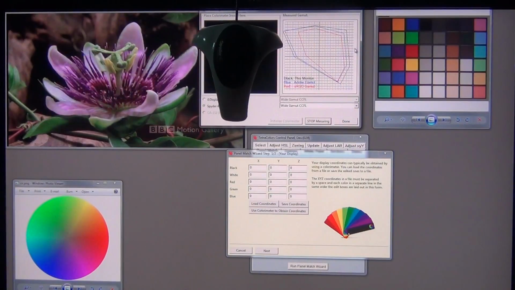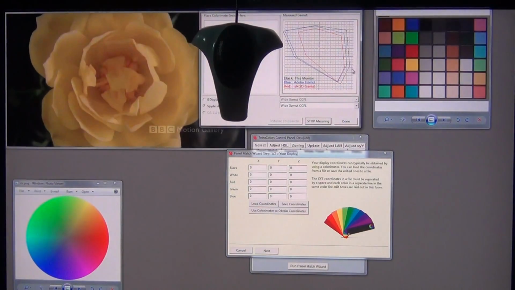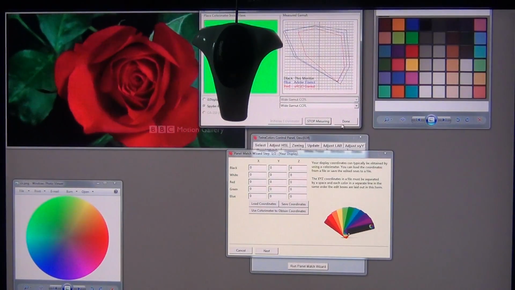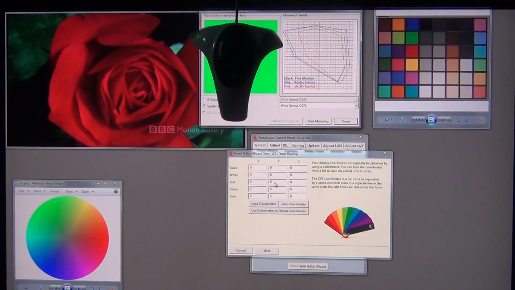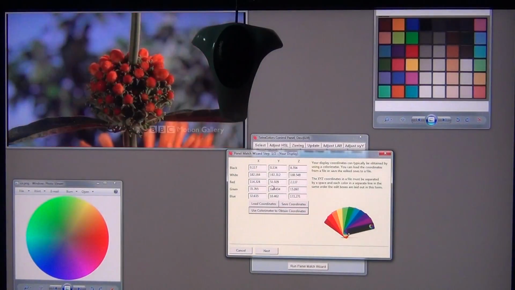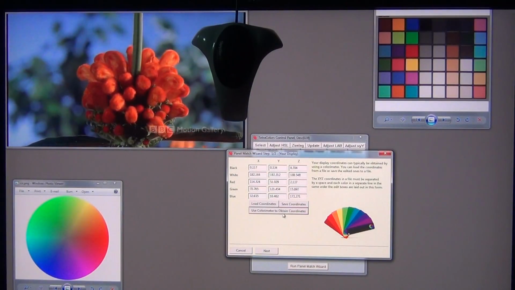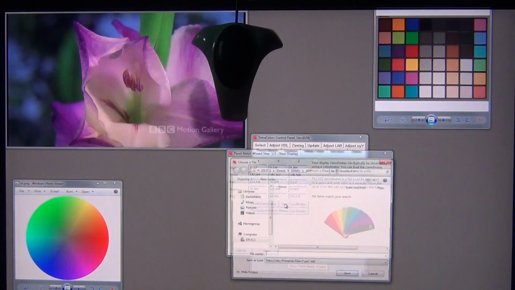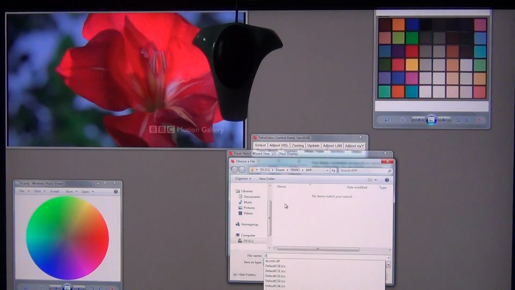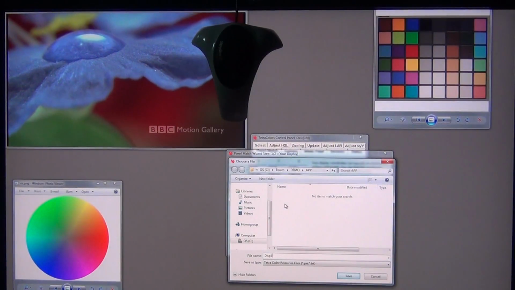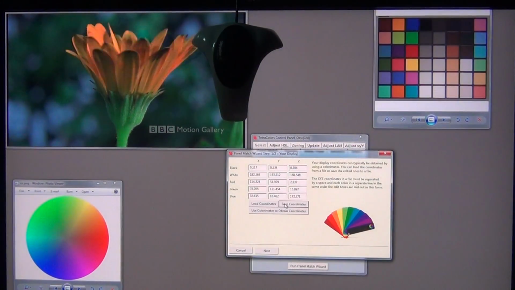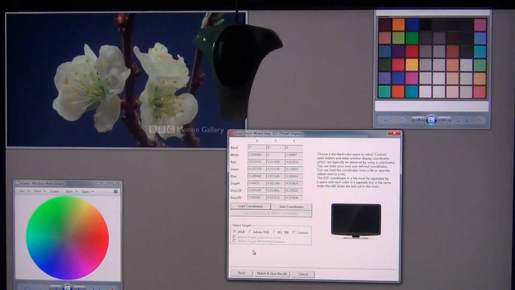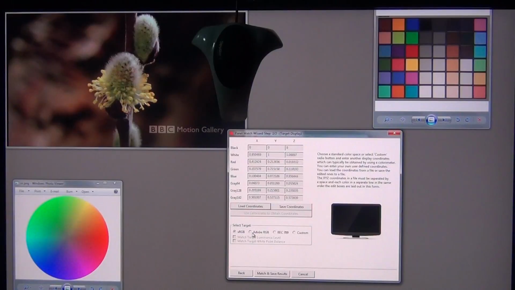As you can see here, this display gamut is wider than sRGB and Adobe RGB. We are done here, and you can see that the information was placed in your dialog here, and you are done. You can save this information for further use. As an example, I will save it as my display 1, for example, gamut. I'll just go to the next step, which is the one that makes you select sRGB